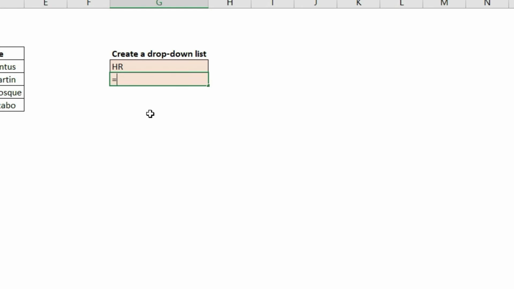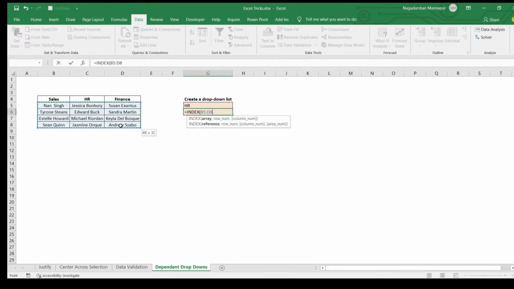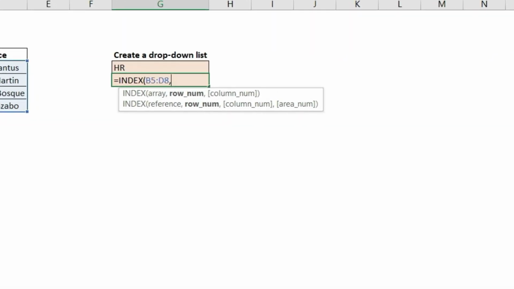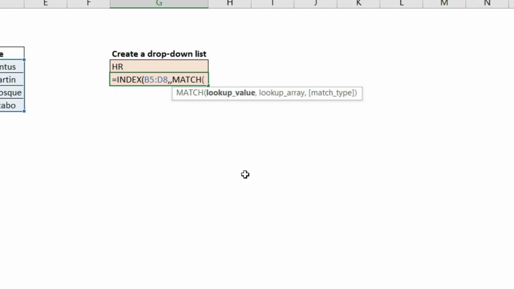For that, I have to use INDEX. Then I'm going to select the complete resource names, comma. We need to skip that row number syntax because this is vertical data. By pressing comma, I'm able to skip that. In place of column number, this is the syntax. I'll just use the MATCH function based on the column name.